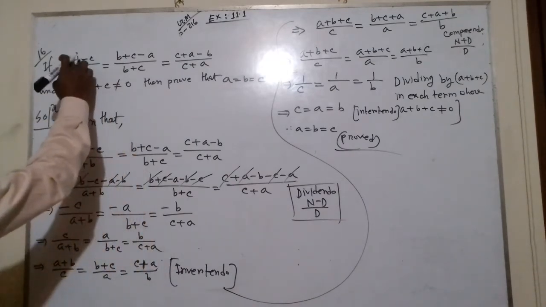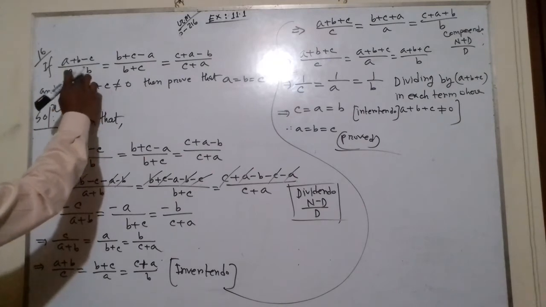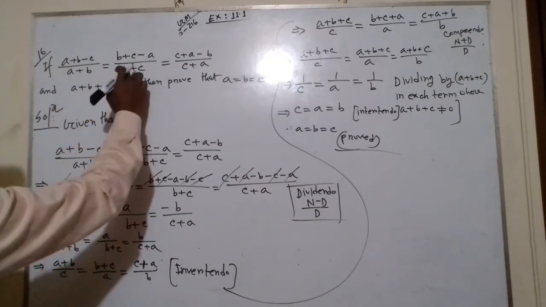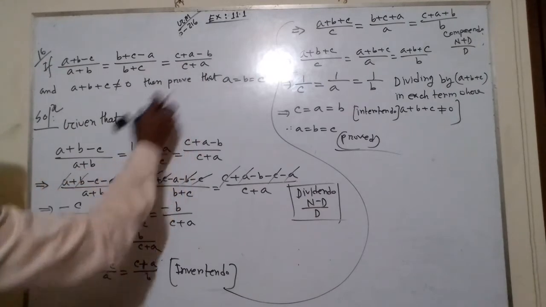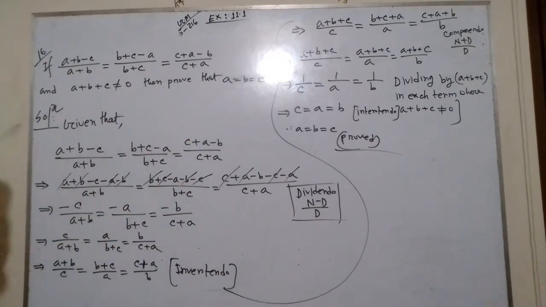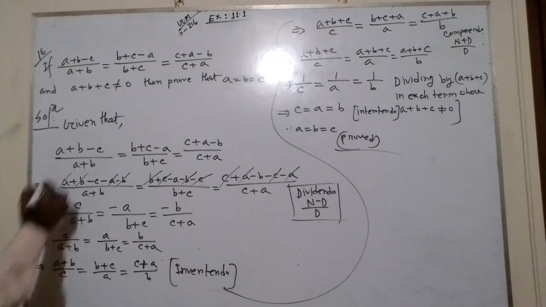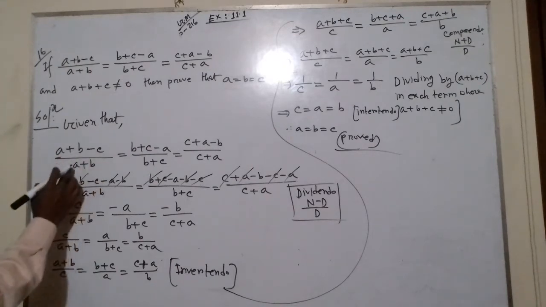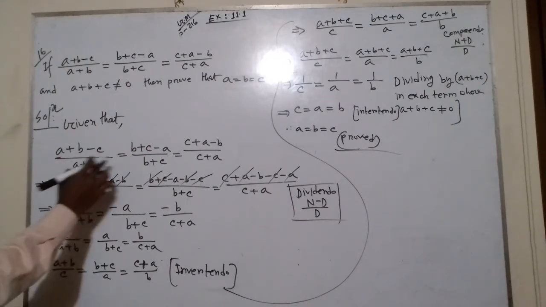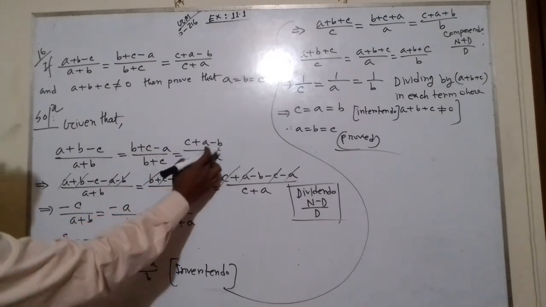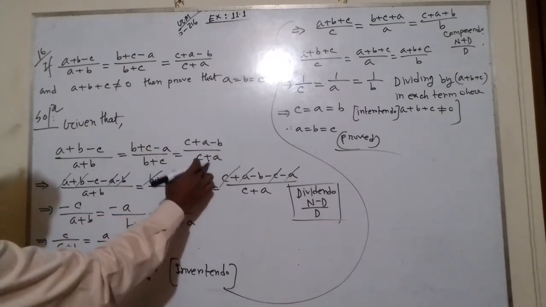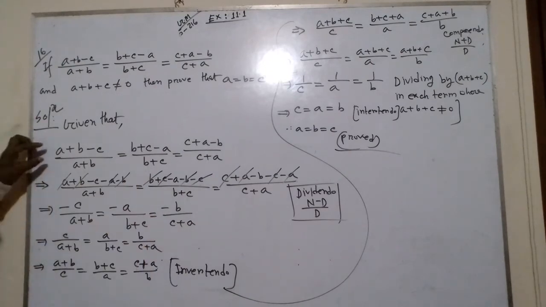Given that a plus b minus c divided by a plus b equal to b plus c minus a divided by b plus c equal to c plus a minus b divided by c plus a. Okay. Now look, a plus b minus c divided by a plus b, and b plus c minus a divided by b plus c, c plus a minus b divided by c plus a. If we simplify this line,